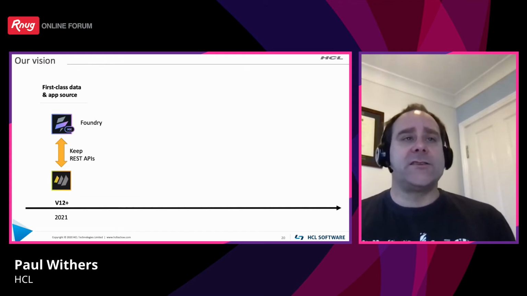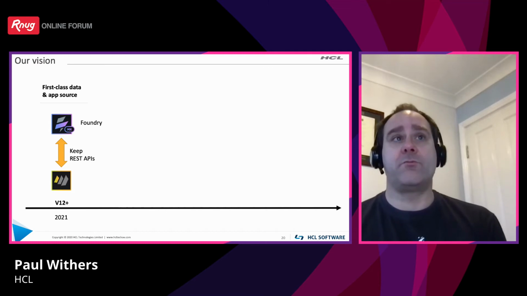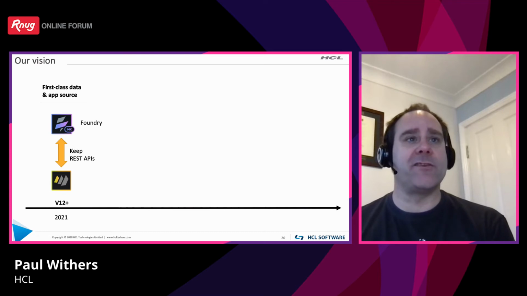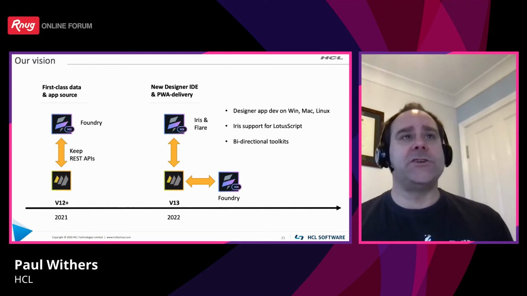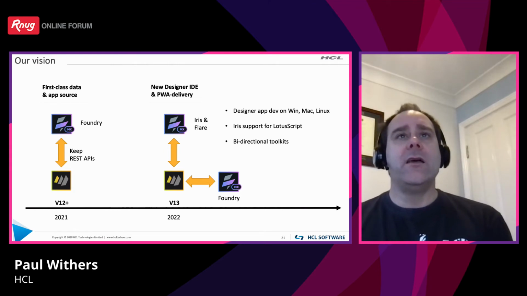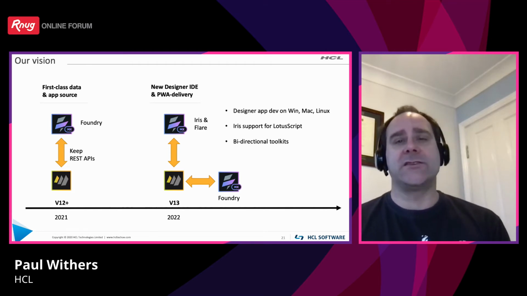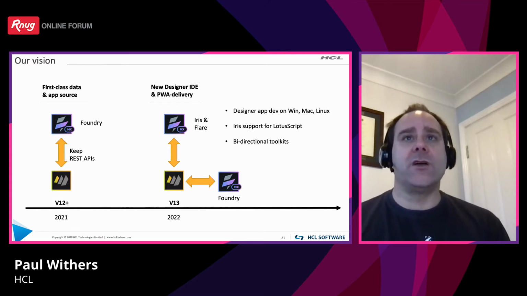So the vision with regard to Domino, in V12, the focus is on integrating with Domino via Project Keep, which you'll hear more about from Stefan Wissel in a couple of hours. And that's integration between Foundry, the middleware layer, and Domino. Then in the V13 timeframe, looking at integration with Domino, not just via Foundry for the services, but also closer